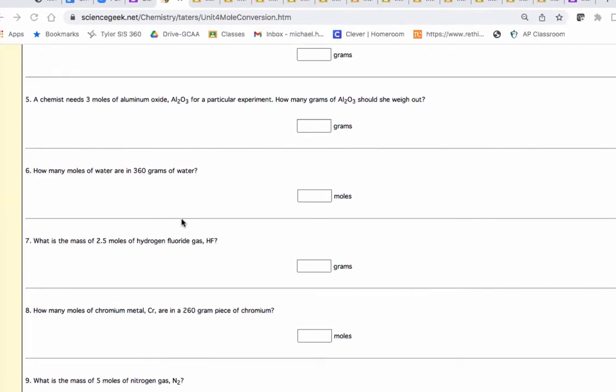So let's do number 6. Number 6 says, how many moles of water are in 360 grams of water? How many moles in 360 grams of water? So what you would do,